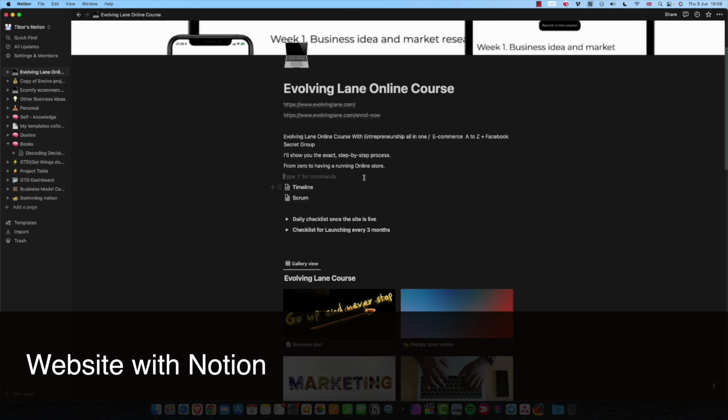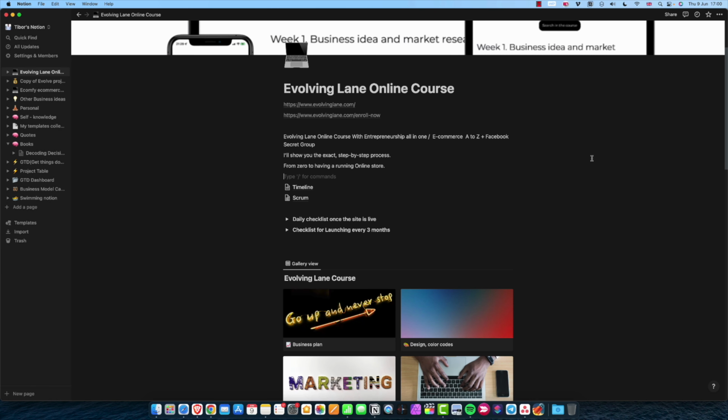Also, if you create a lot of pages, you can create a website from them as well. That's a paid option. Basically, you can quickly create a website with all of your notes and other people can have access to it, or you can choose who can access it. So you can collaborate and make teams, stuff like that.